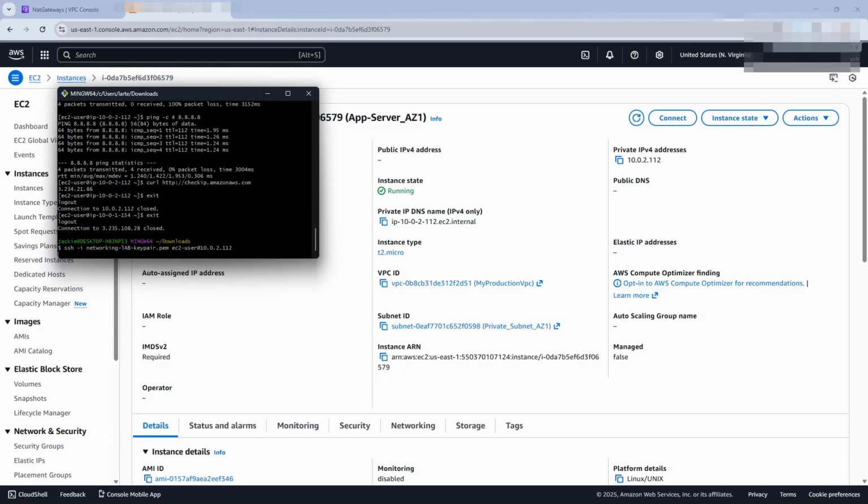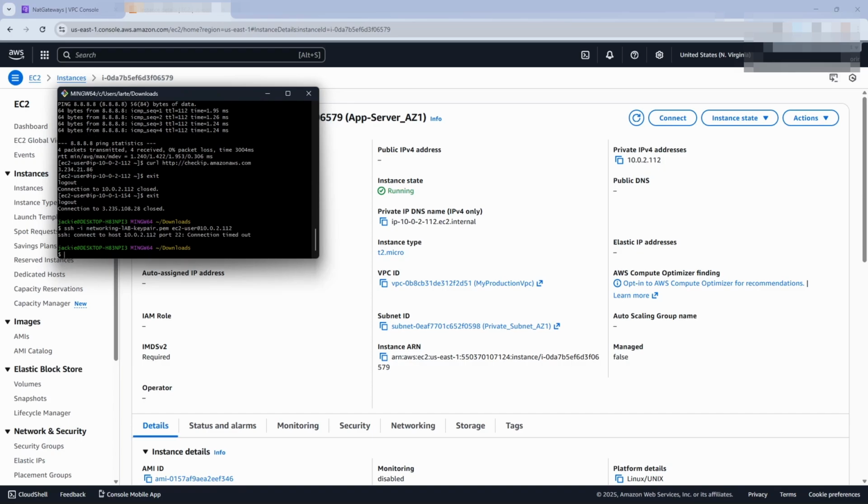It's trying to establish a connection. Let's give it a few seconds. And as you can see, the connection has timed out. So that means we are unable to reach the app server from the internet. So that verifies our